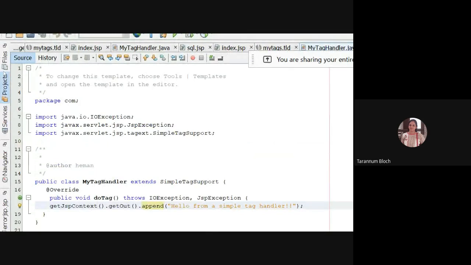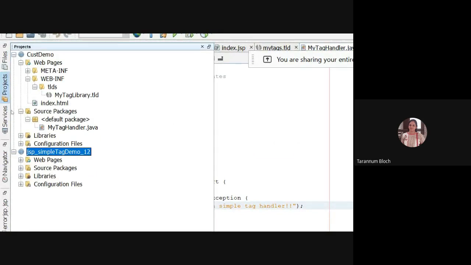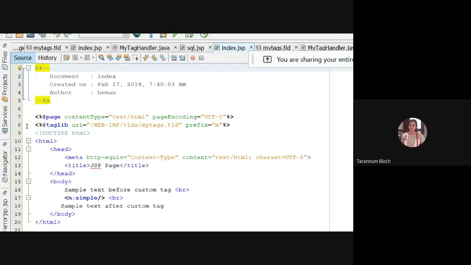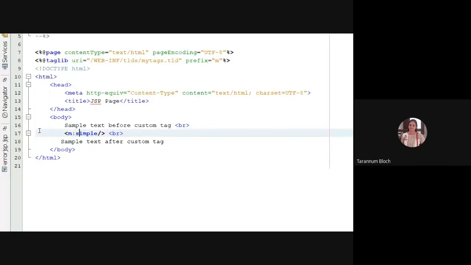So now in the JSP file where I have used that tag m:simple, I would have some text inside the body. For example, sample text before custom tag. I did a new line. Now I'm saying here append. So that got the context and output stream.